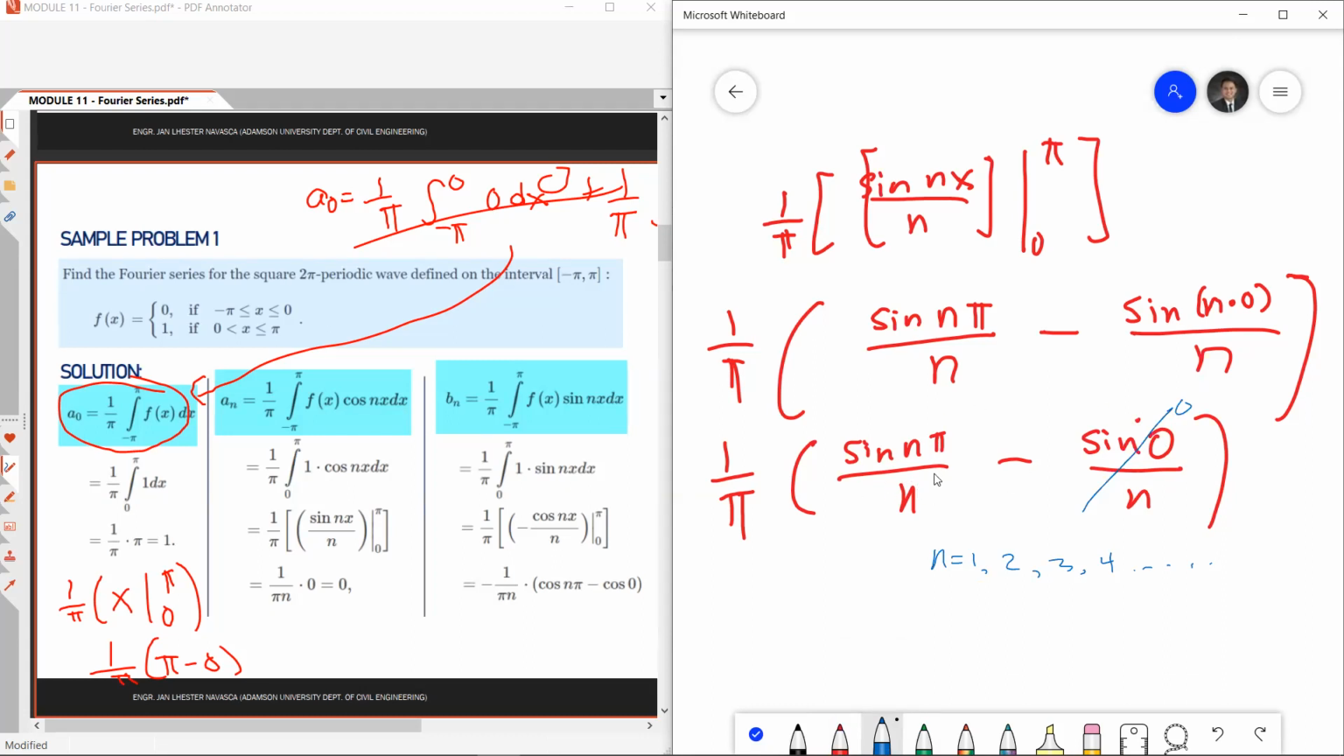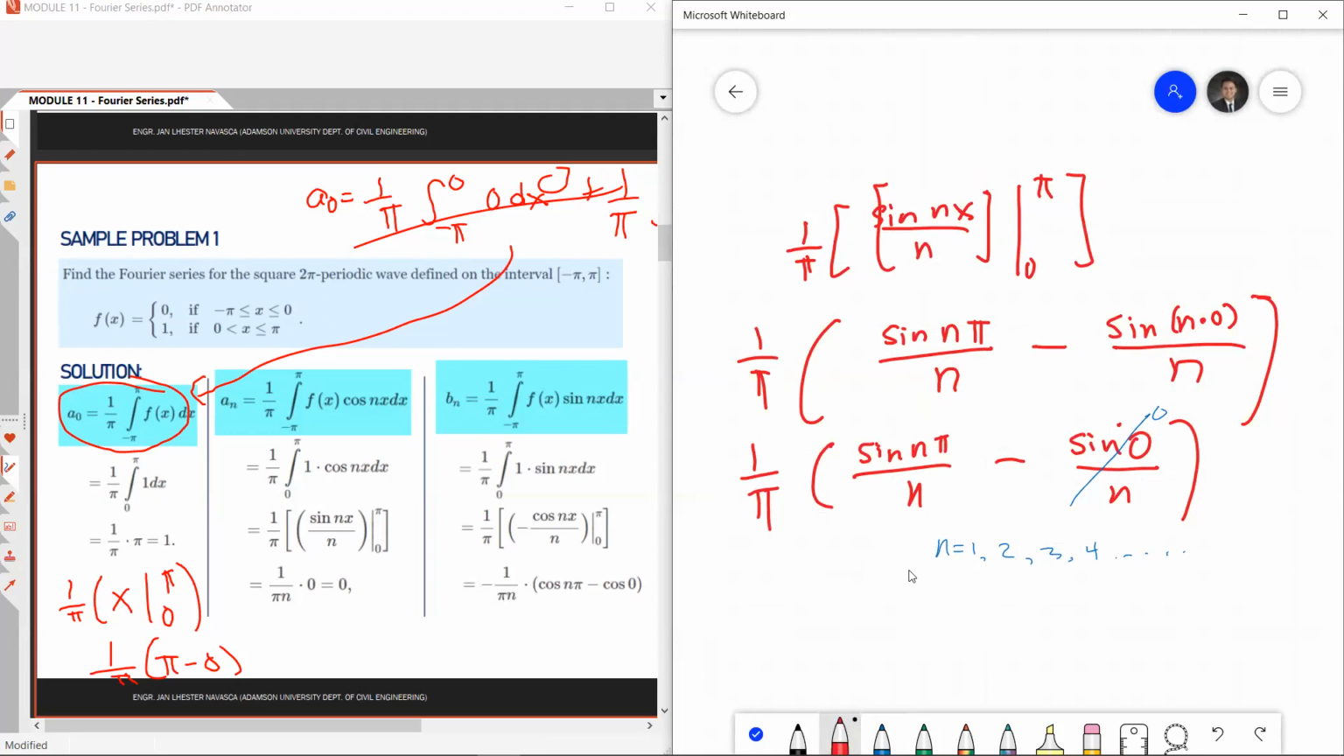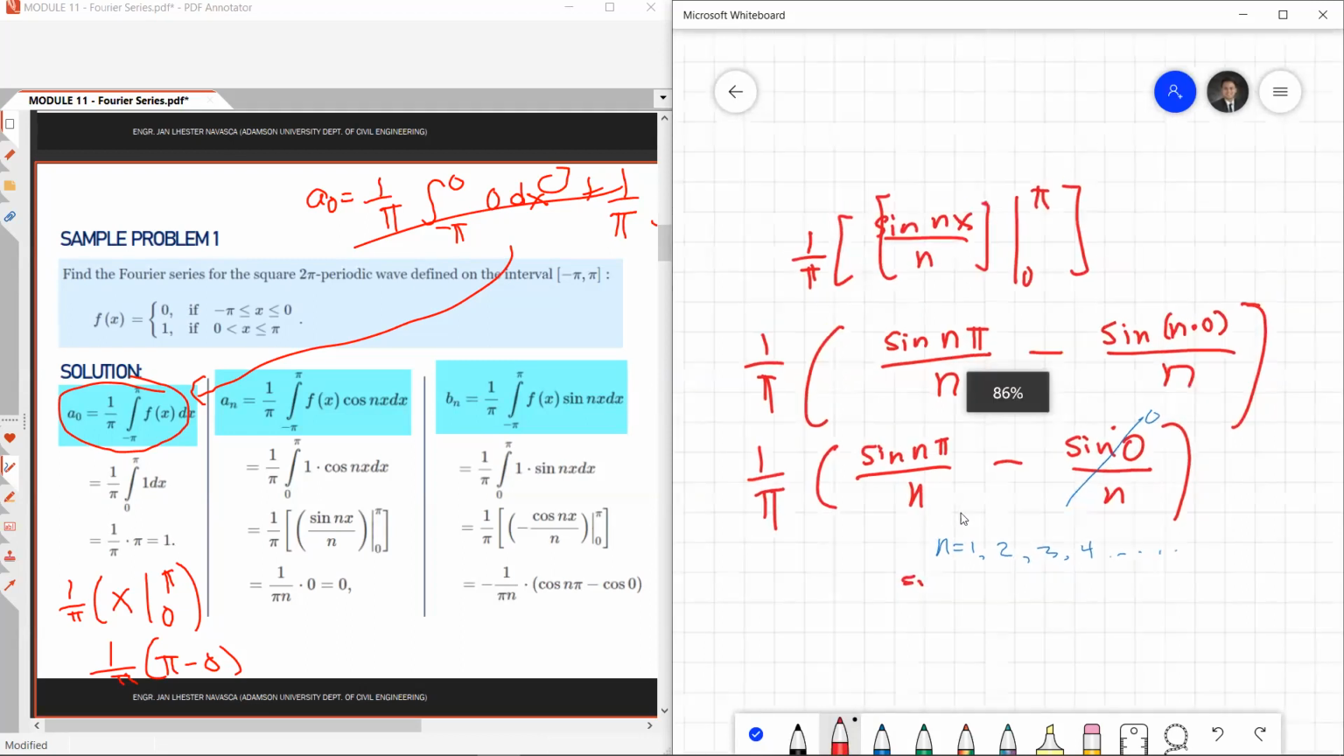Sine of n pi over n. Try to substitute, let's say, n equals 1. What you do on your calculator is sine of x pi over x, then calculate. Let's try 1, the value is 0. Let's try 2, the value is 0. Let's try 3, the value is 0. So this means the sine of